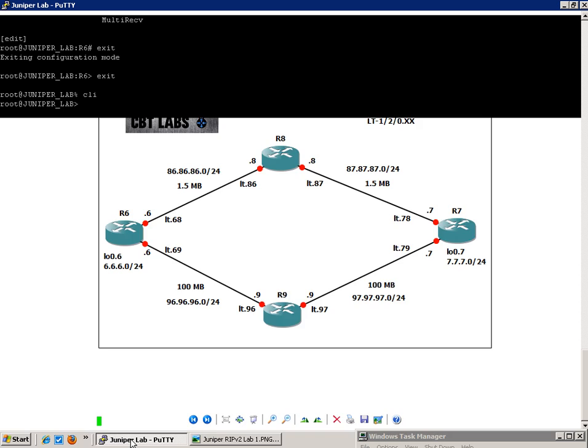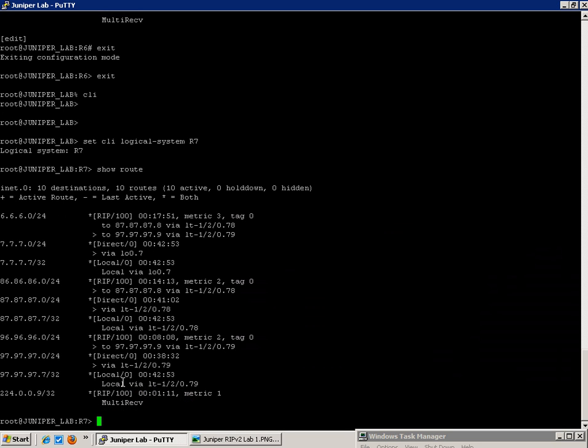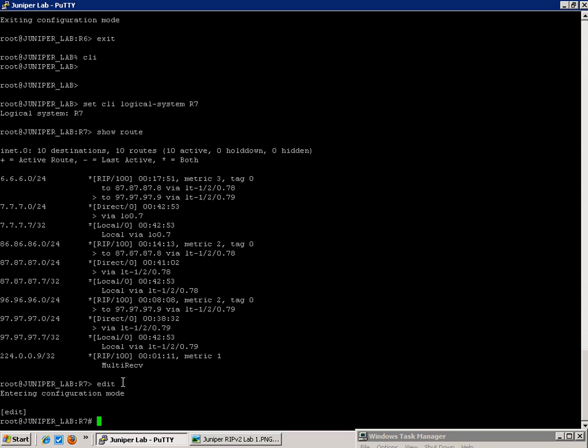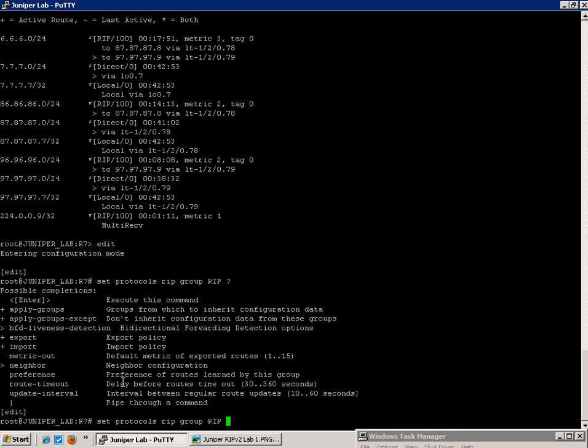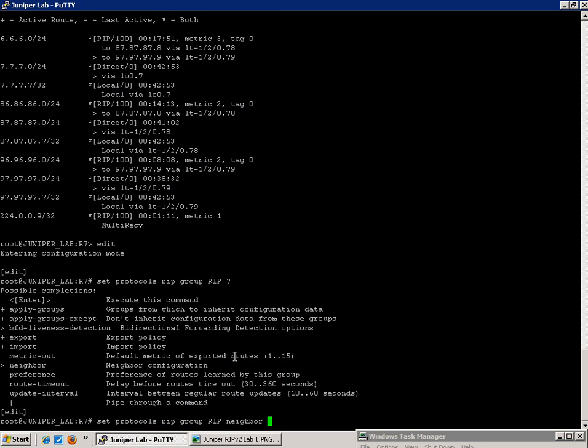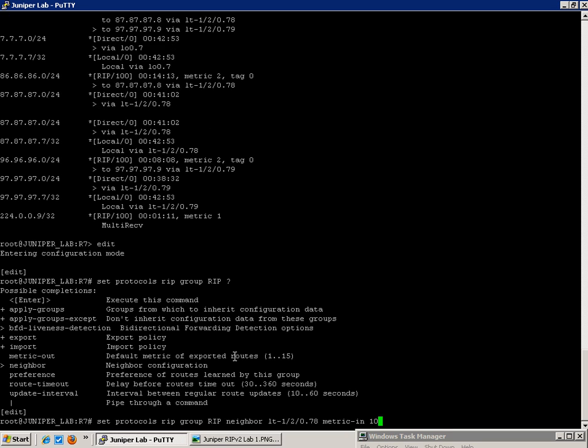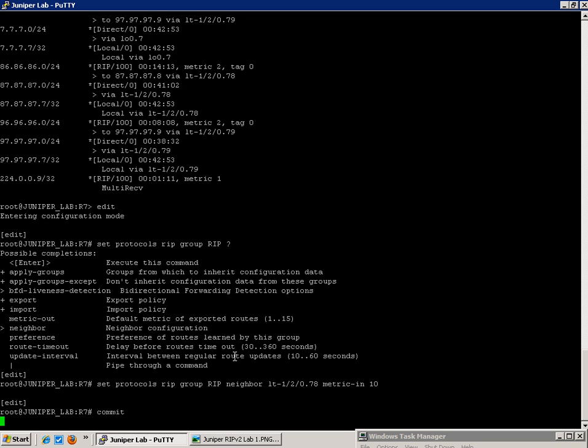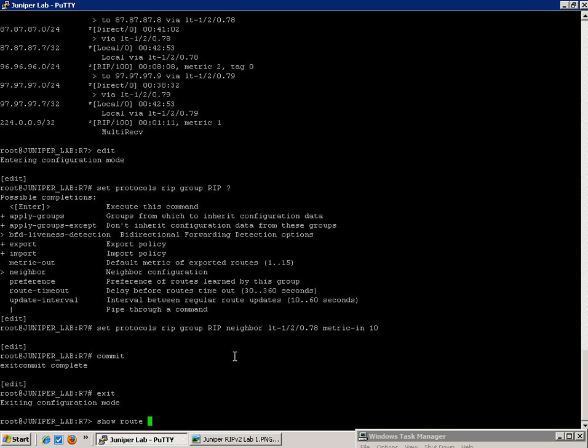So let's go ahead and do some good proactive configuration on R7. We'll go ahead and set protocols RIP group. Again, this is going to be RIP for our neighbor, then our logical tunnel, which is going to be LT78 interface. So LT78, then we're going to apply a higher metric inbound, so a hop count of 10. Let's go ahead and commit this. We'll go ahead and exit. And now if I do a show route,